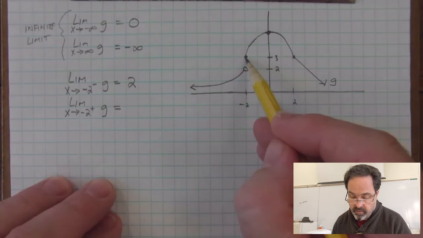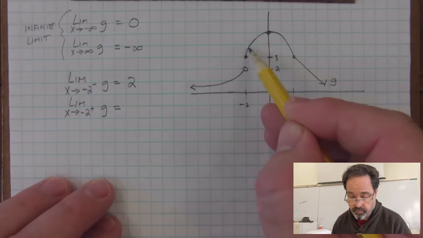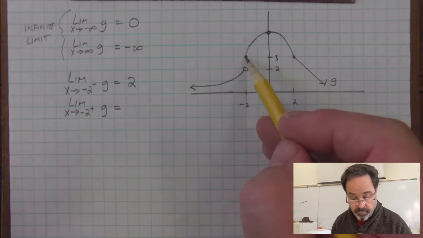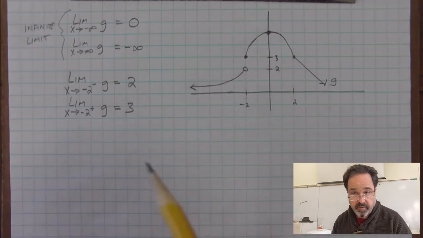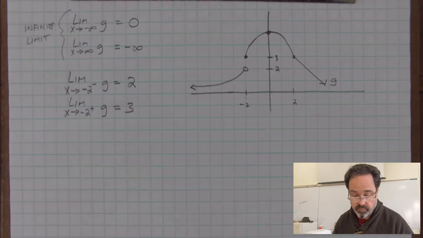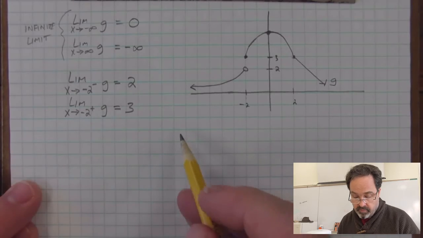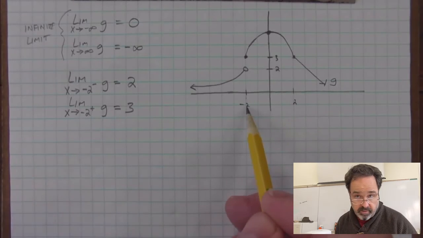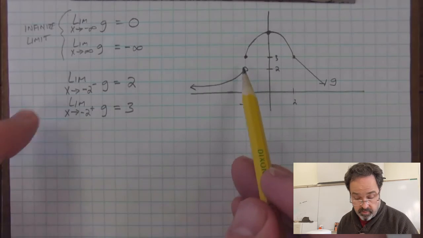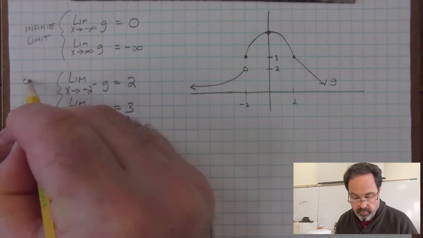If I'm to the right of negative 2 on the function, and I'm traveling down the function trend in the curvature, where do I think I'm going to be or end up when I get to negative 2 in the domain? I think I'm going to be at 3. It doesn't matter that there's a closed dot there. It's where I think I'm going to end up. Limit questions are different than value questions. I could ask, what is the value of the function at negative 2? And the answer is where the closed dot is, 3. But the limit question is different. Though these two are one-sided,